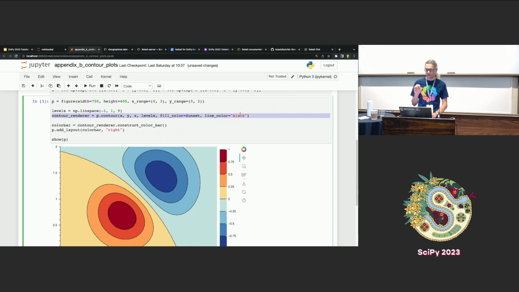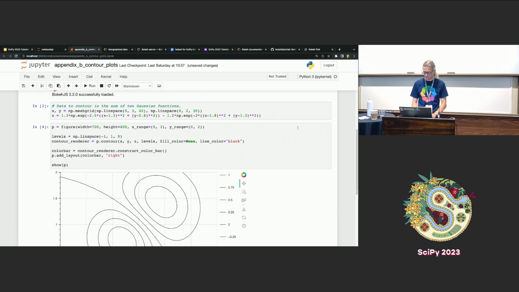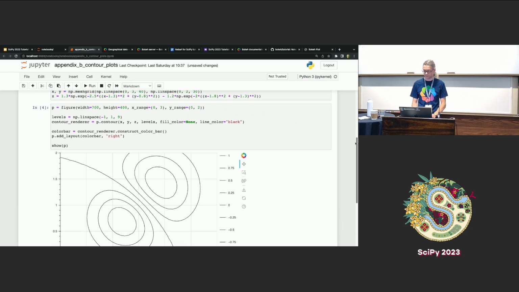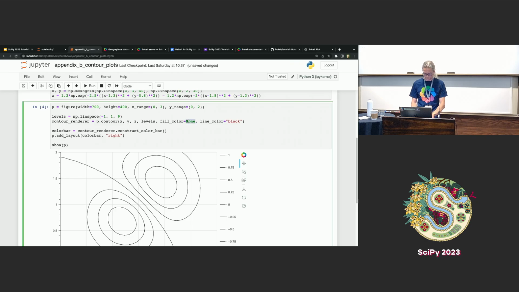Here, if you specify a fill color, you'll get filled contours calculated. If you give a fill color of none, it won't bother calculating and rendering any filled polygons for you. Same with line. So for example, if I make fill color none, rerun it, it doesn't bother doing any calculations of the fill. And we can do, as is always the case, we can start adding other properties. So for example, I can do